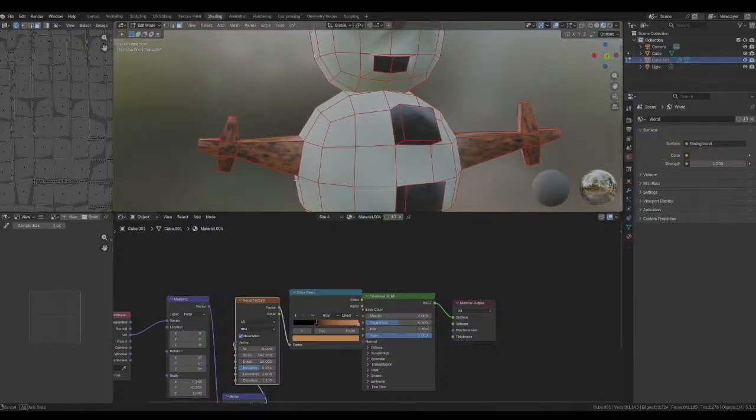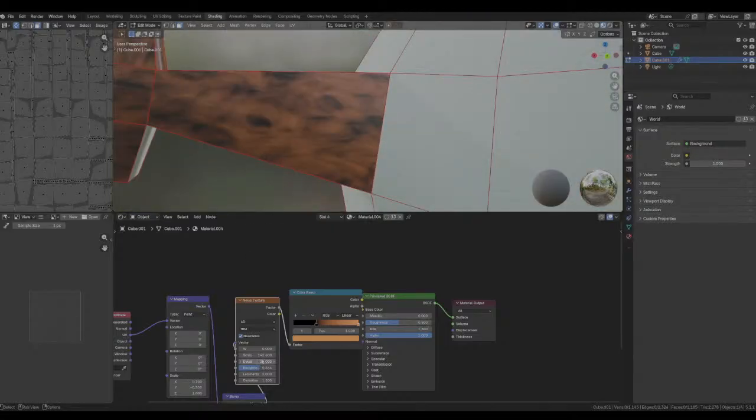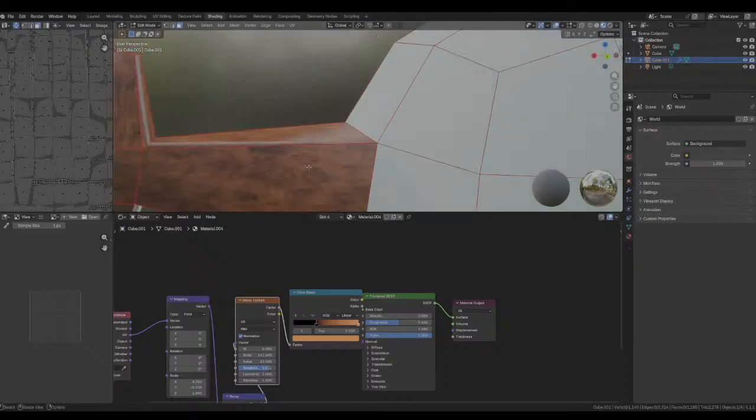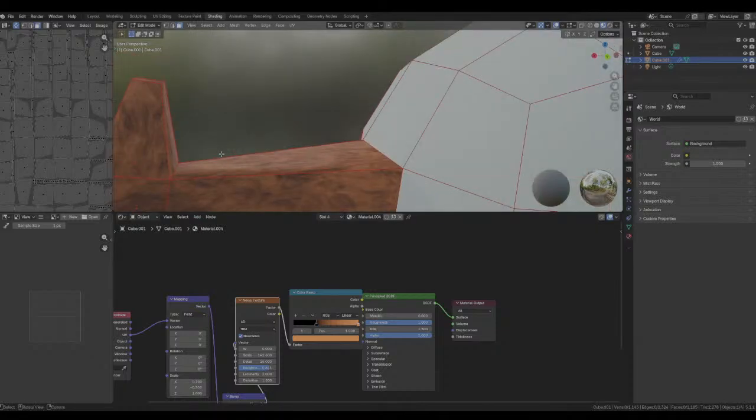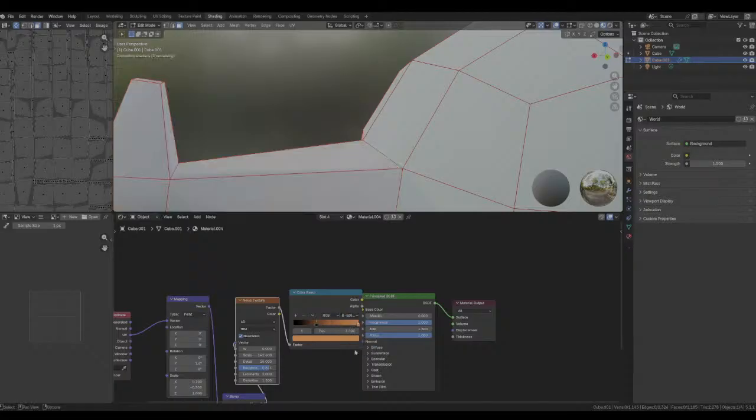And then just play around with the roughness until you get the desired look that you're looking for. Essentially, what this is gonna do is make it look more realistic. You can also swap this around like that, but I think for this one we should... What's that?